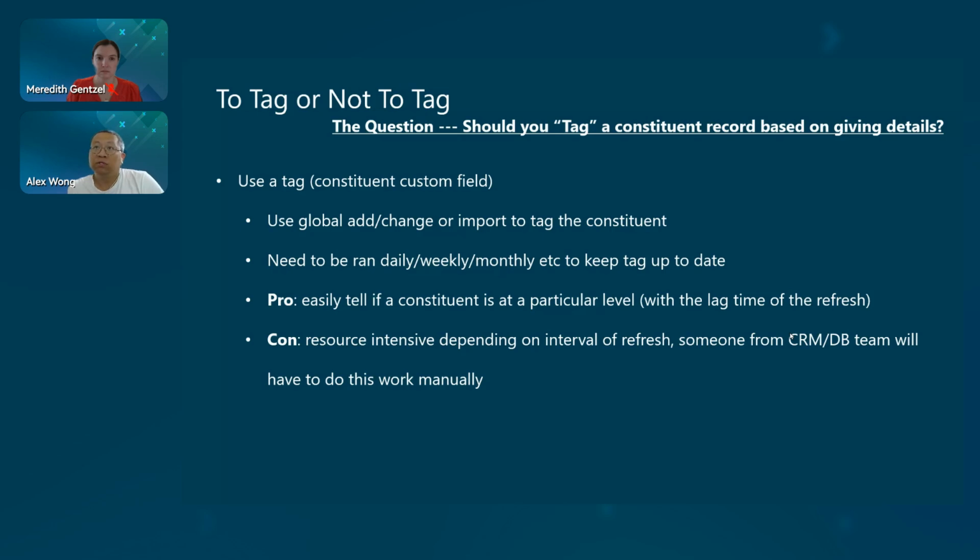The con of this particular method is that it is resource intensive, which is why a lot of the time it falls upon database managers and CRM support, because they have to do this running of the daily, weekly, monthly tagging in order to keep this piece of information up to date. And as turnover happens, a lot of the time these processes are lost, and you have old data